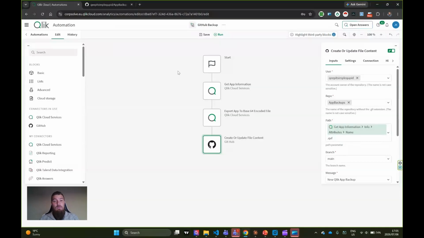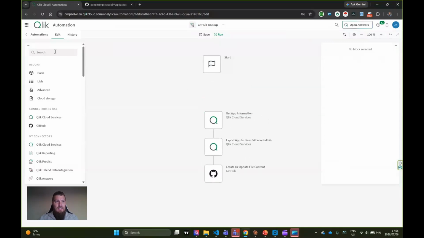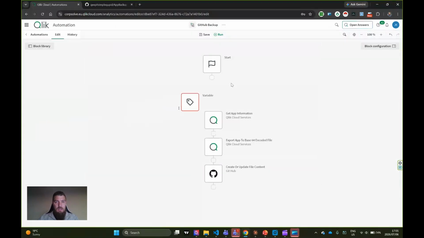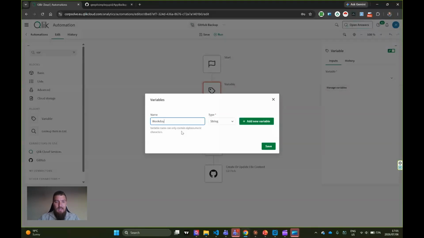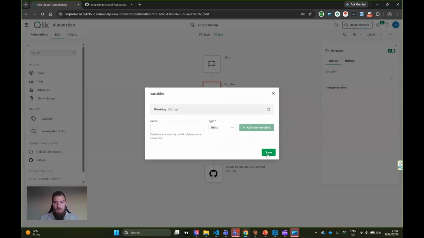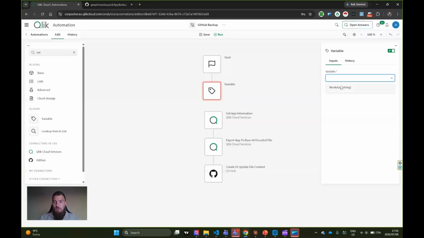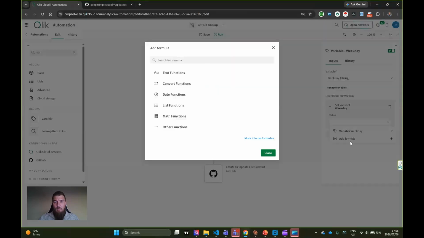So maybe we want 30 days worth of backup, maybe a year's worth of backup. I do like 7 days worth of backup. So what I generally do is I add a variable over here. If we drag this variable across, I'm going to go to manage variables and say this is the weekday. It is a string, and I'm going to say add new variable. On this one, I'm going to change the weekday variable, and set the value of the weekday equal to a formula. On the formulas, we're going to go to our date functions,